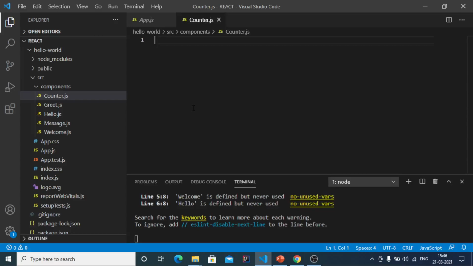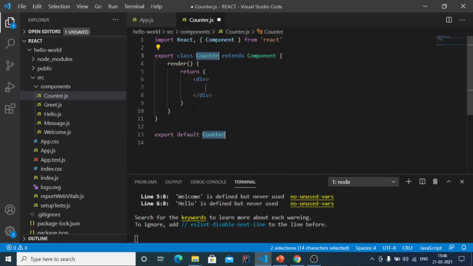So I will type the snippet rce and tab out. It will create a class component for us. The only modification I have to do in this counter.js file is that we are going to use only the export default. That's why I will remove the named export here, and in this div tag we are going to display the text count,